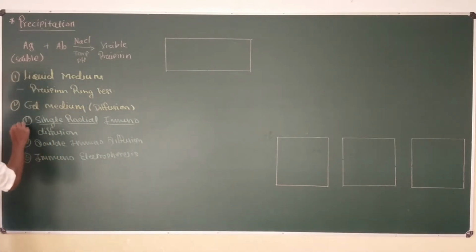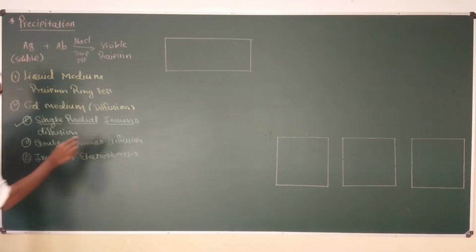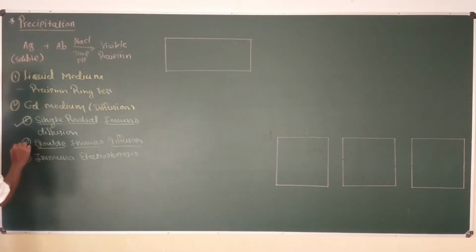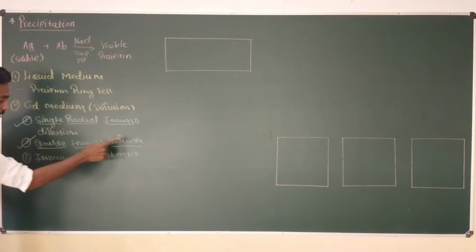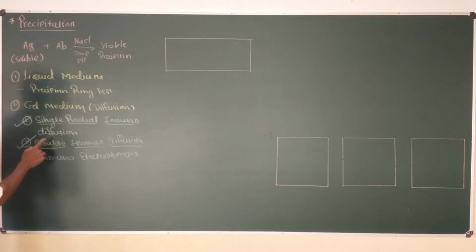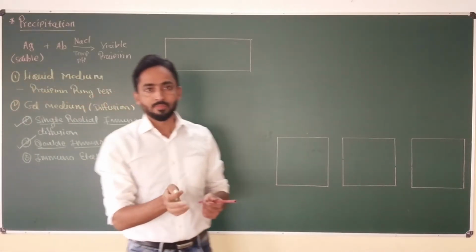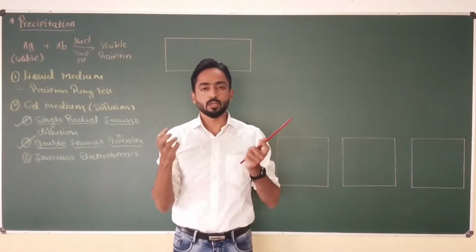Similarly, the next example of gel medium diffusion is double immunodiffusion. So in this video, I'm going to focus on this technique, double immunodiffusion. The name itself suggests it is a double immunodiffusion. That means, unlike single radial immunodiffusion, in this technique both antigen and antibody can diffuse freely towards one another